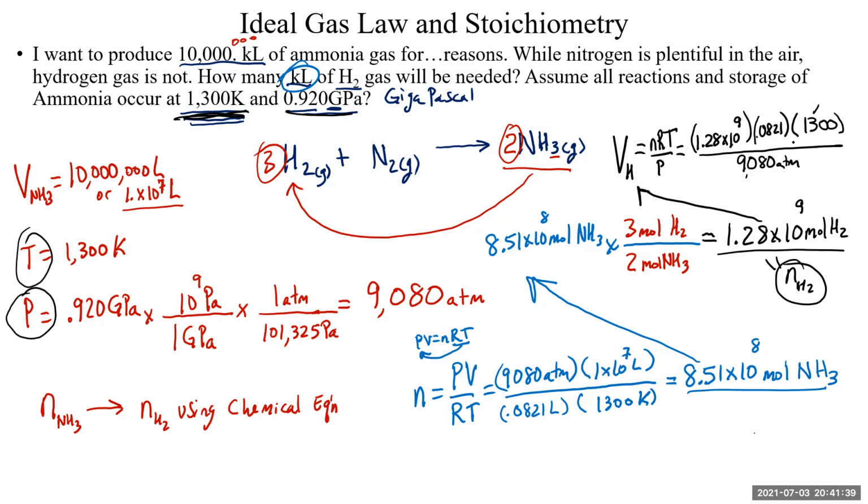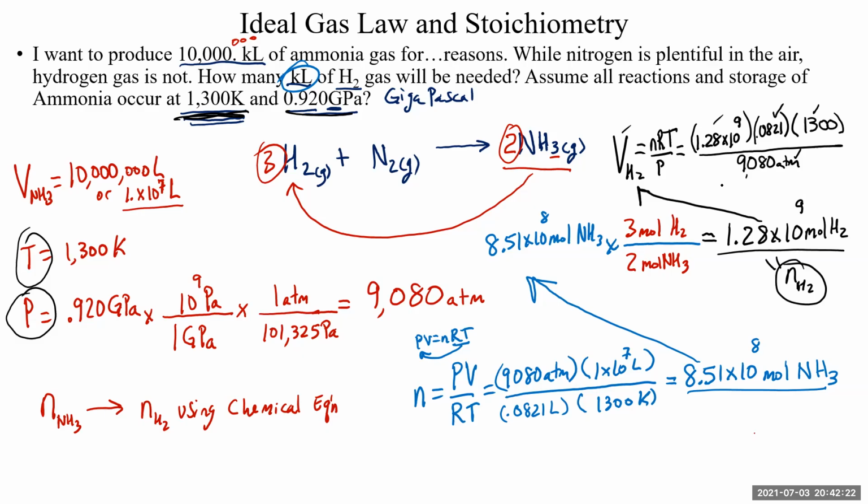So these two values are the same, and the gas law constant, of course, is the same. So all we're really doing is comparing volumes and moles. Volumes and moles, we'll see later, are exactly the two variables that Avogadro's law deals with, the simple gas law that you probably have already heard of. So we take our moles multiplied by 0.0821, multiplied by 1300, and divided by 9,080, and that gets us almost exactly 15 million.